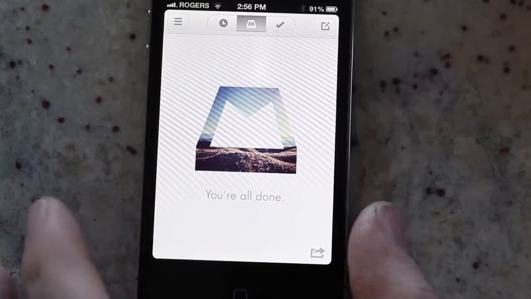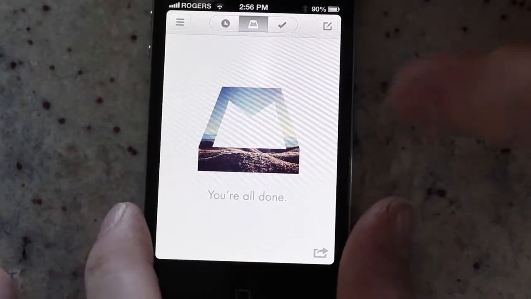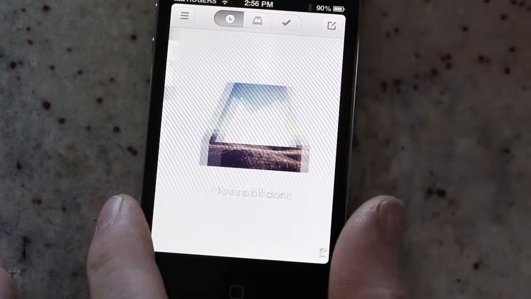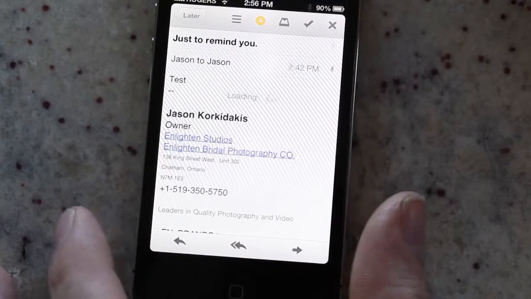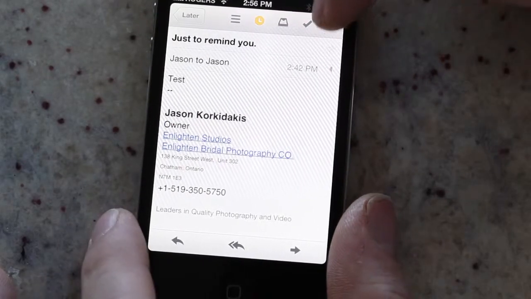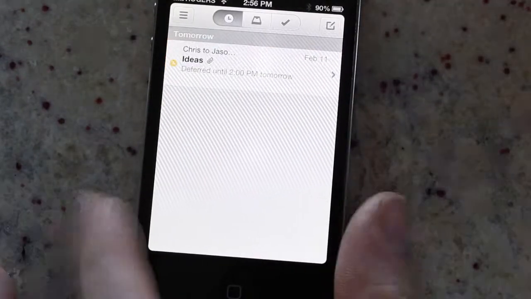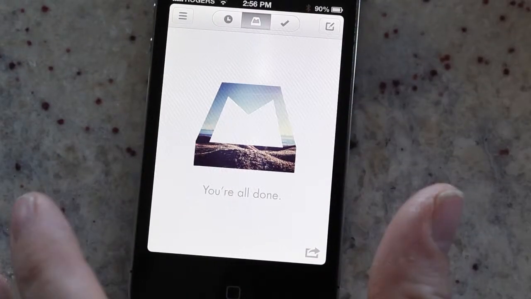So the things that I pushed off to a future date, right up here, I can see those. So I had this reminder to myself, and I want to get rid of that now. It's done. So now my inbox is at 0,